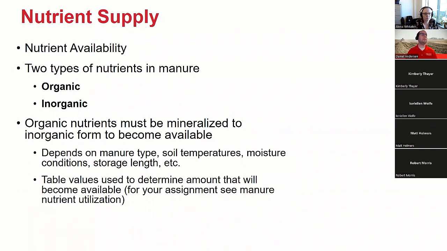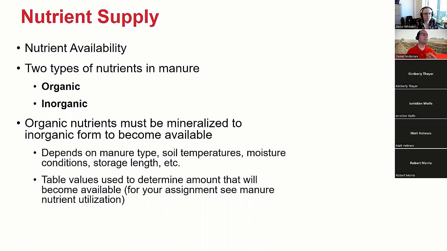Additionally, we might see manures with really high bedding components. One that comes to mind is bedded pack manure, and we'll do an example of this later. When you think about bedded pack manure, it comes with so much carbon that when we put it on the soil, oftentimes at first we'll actually see nitrogen immobilized as the bacteria work to break down all that carbon material we've added. They'll take nitrogen from the soil, and it will be less available to get plants started. So if we're using only bedded pack manure as our fertility source to support crop production, oftentimes in the spring we'll see yellow corn and be quite disappointed.